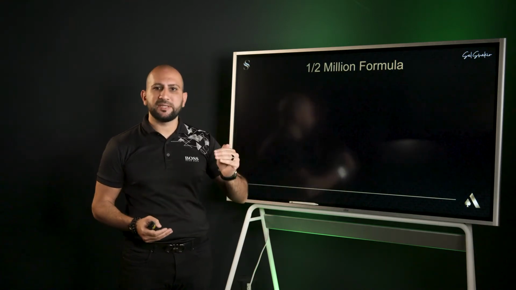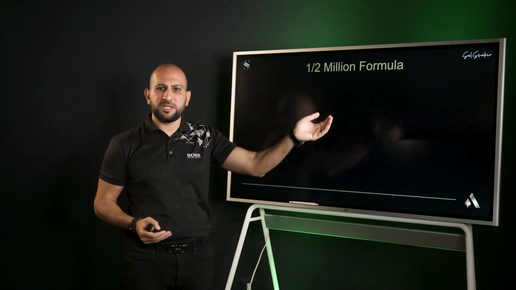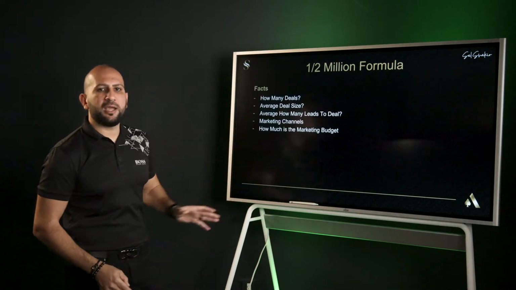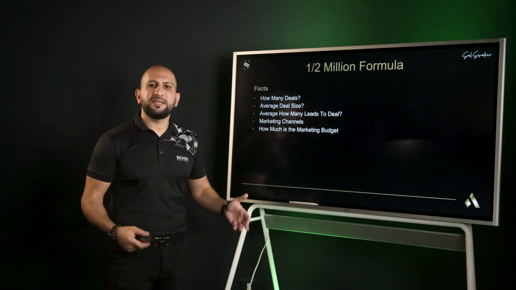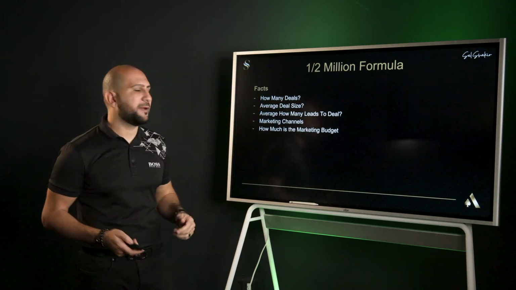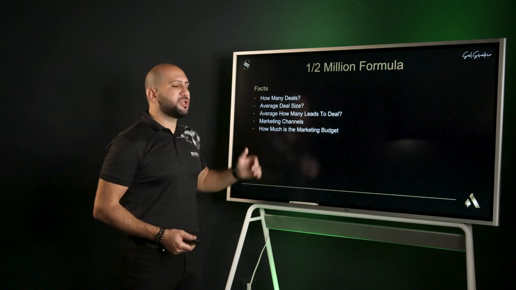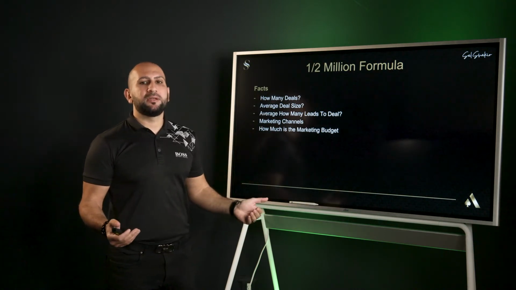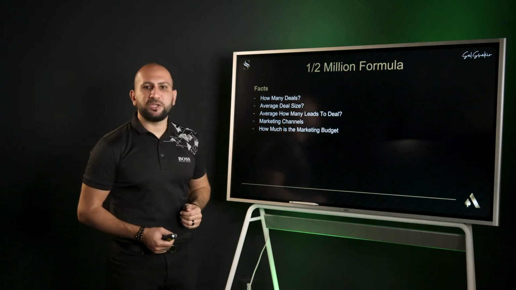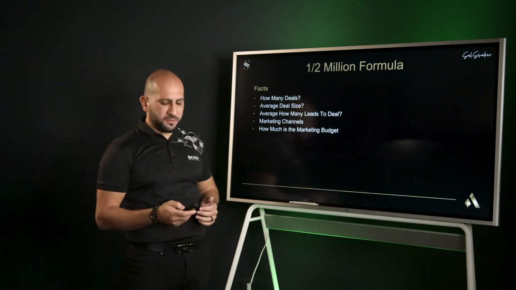If you start a business, always think, how can I scale that? And most of the time you have to do it with team members and obviously systems and processes in place. So what are the facts that I'm talking about? Well, number one is, how many deals do I really need to make $500,000? All right, we're gonna be discussing that. What is the average deal size that I need to achieve that goal? How many leads do I need? So you obviously need an amount of leads to convert to deals. And marketing channels. You need to know what marketing channel is going to bring you the best revenue. And what is my marketing budget?